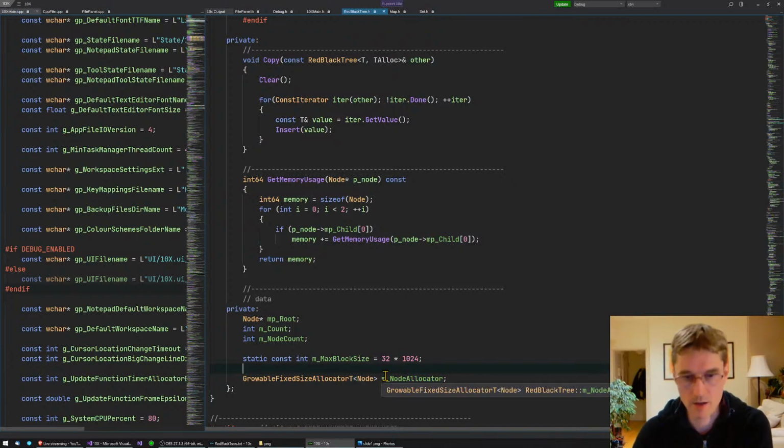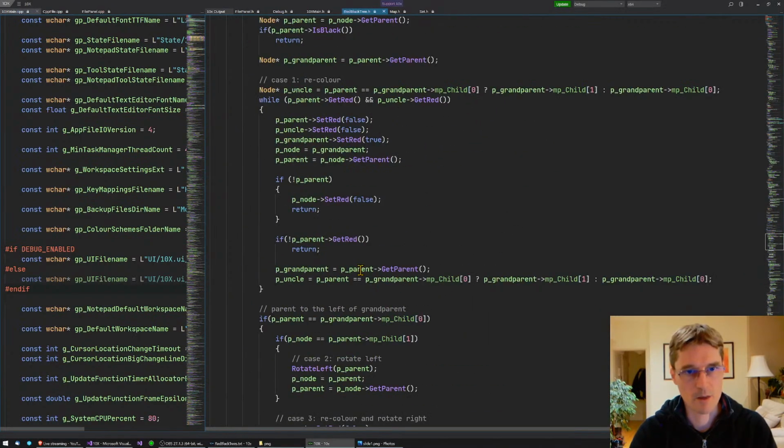You can obviously give them one, but if you don't, it will just allocate off the main heap. And why would you ever not want an allocator, is my reasoning. If you've got a reasonably good allocator, why would you ever not want to allocate from an allocator and have all the memory contiguous next to each other and nice and fast and cache friendly? So anyway,